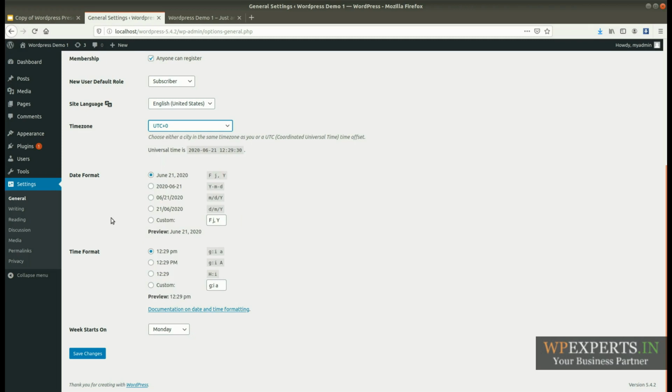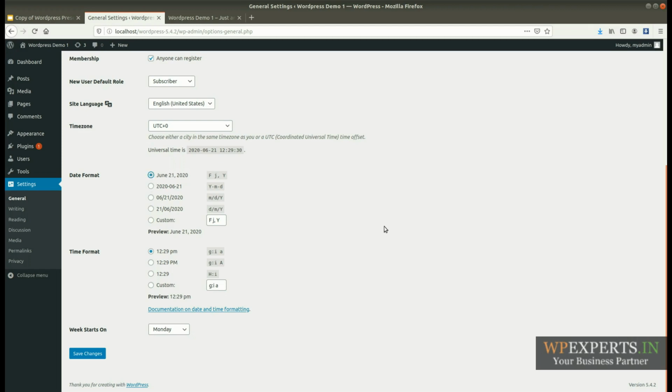Date format, for example, if you want to publish the date format as June 21 2020, okay, in that case, if you want another format like this one or some other one, or any custom format, you can change the date format.